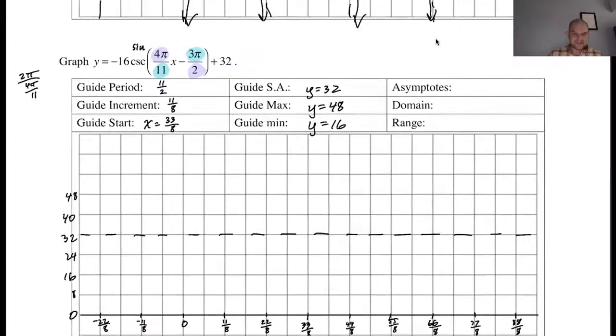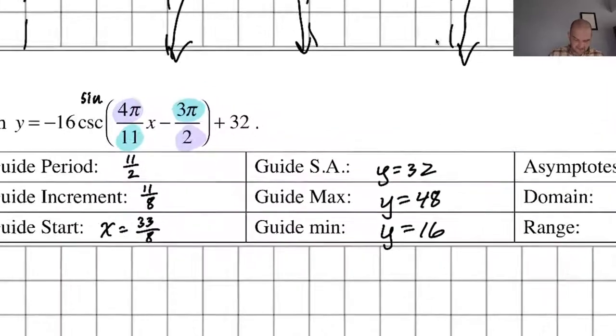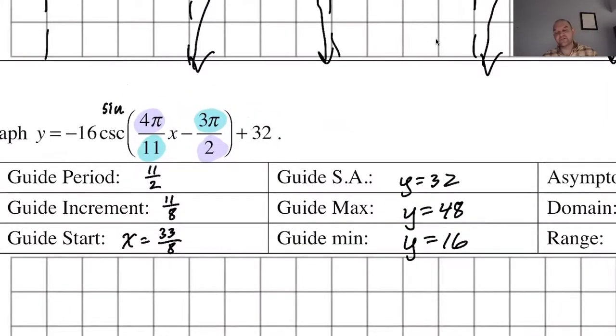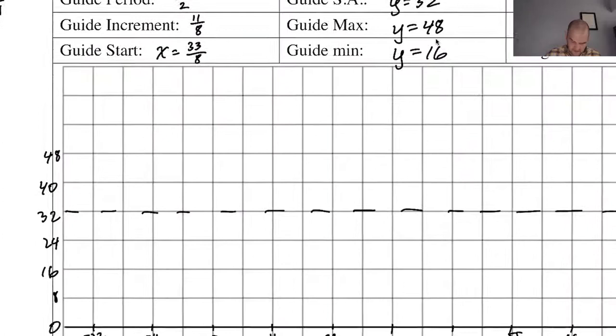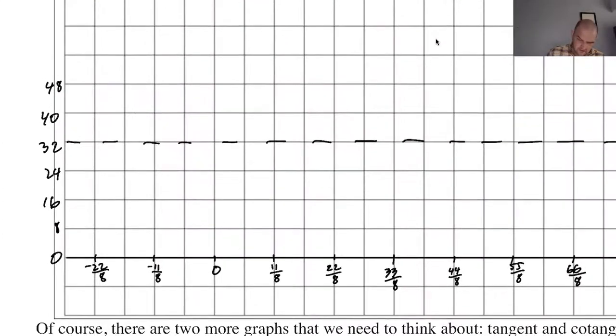We're graphing a negative sine. So negative sine, like we're ultimately going to get negative cosecant, but it's all about negative sine. So negative sine goes intercept, minimum, intercept, maximum, intercept. What I'm going to do is every intercept, I'm just going to dot in the vertical asymptote immediately. So intercept, minimum. So at the start, which is right here, we're actually going to get a